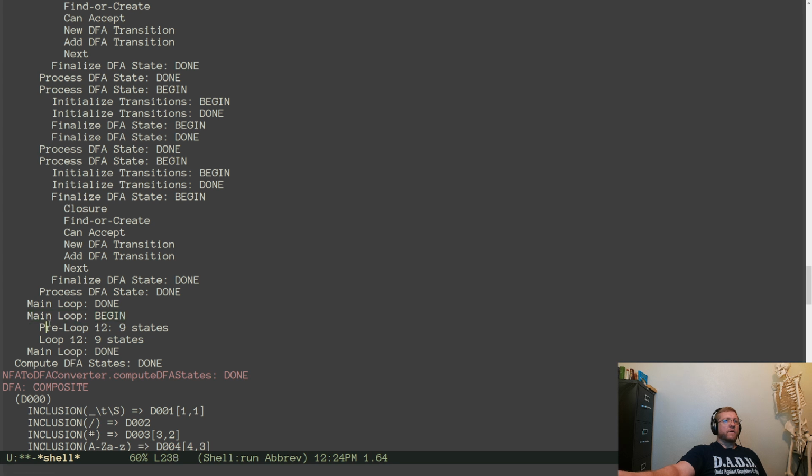Main loop begin, there are 9 states. And this is the one time we don't change anything. Basically, you iterate through until you don't make a change. That's kind of how the main algorithm here works.